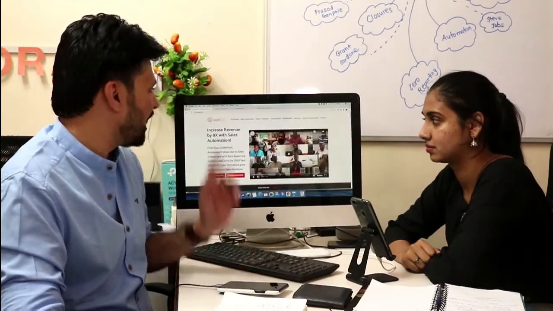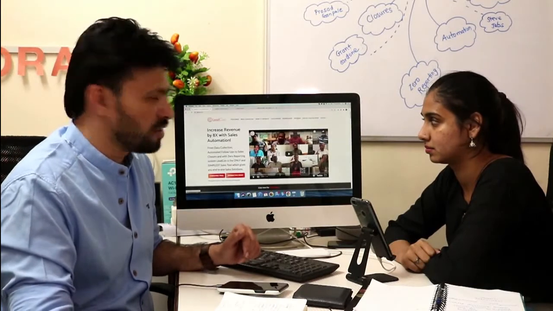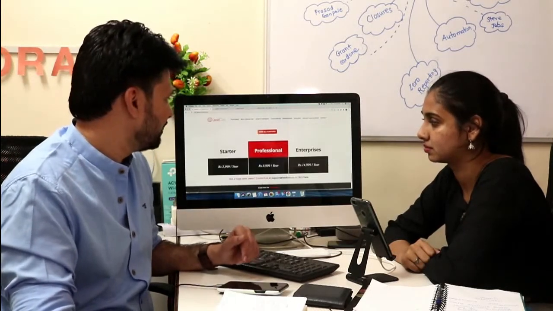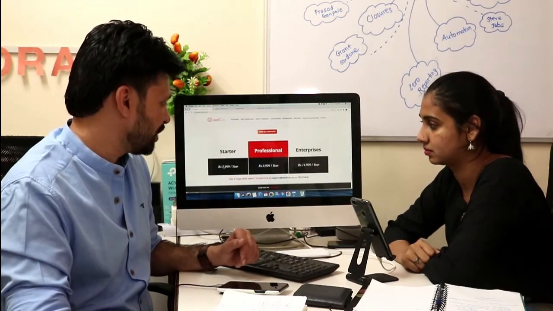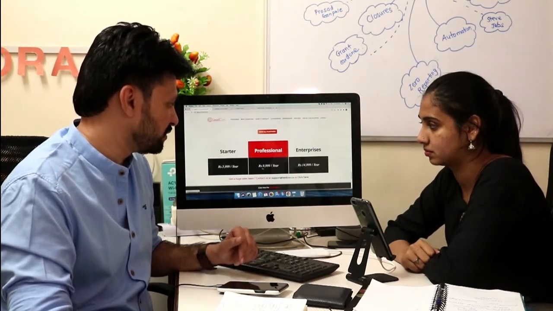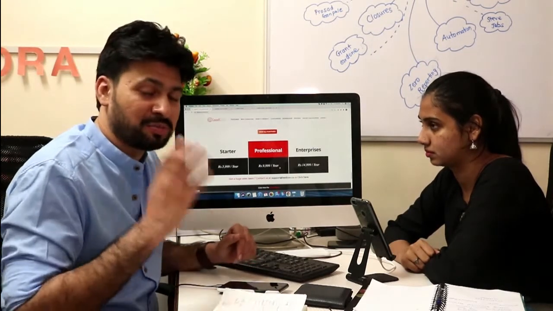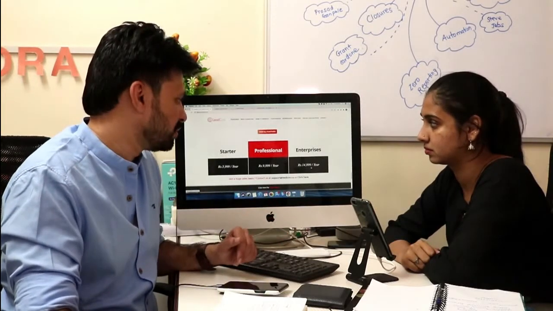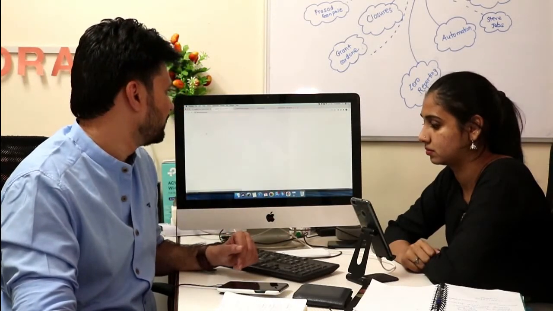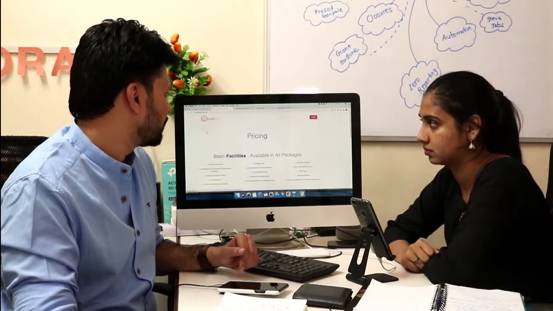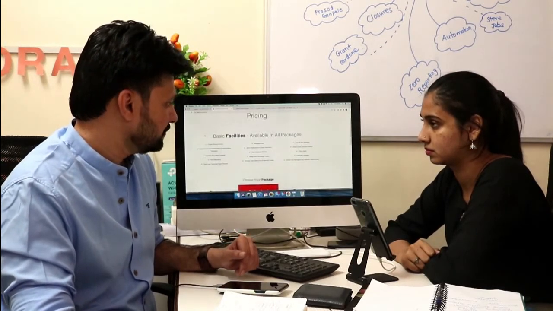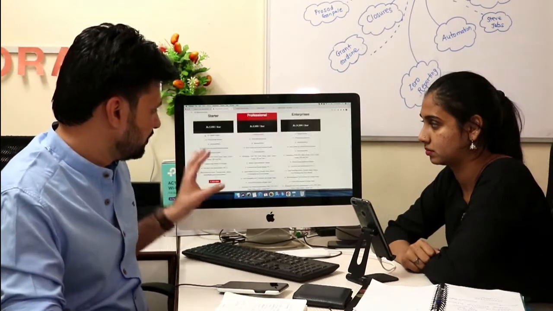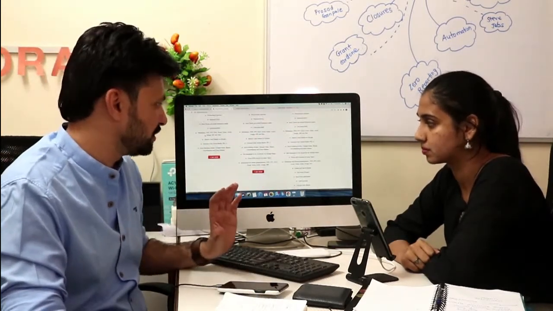In the language of LeadCon, on our website, there is a section called pricing. If you go there, here are the pricing details. Starter pack costs 6,000 rupees, professional costs 10,000, per user per year, and enterprise is 15,000 rupees per user per year. If they click on one, it will directly go to a section in which we have given the assessment, the difference between all the different packages.